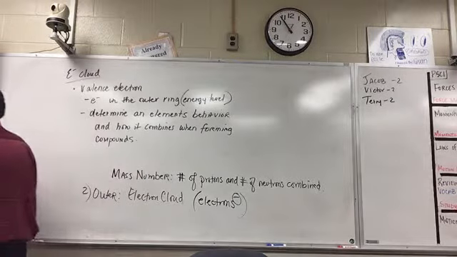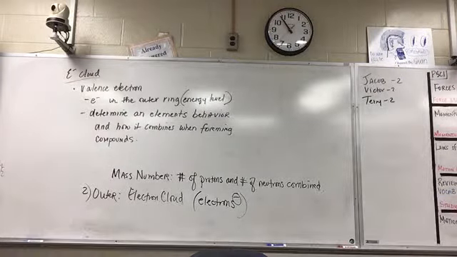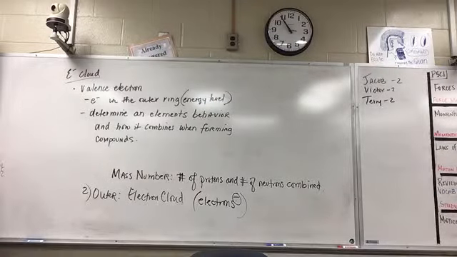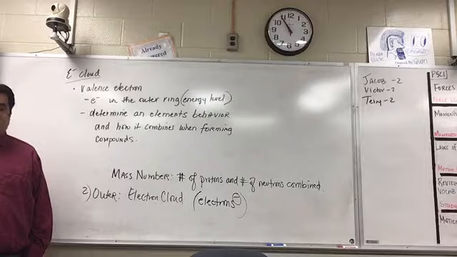All right, because at some point, in test 4, we get into writing compounds. And so sometimes you're going to have to know, if I take this element, who can this element combine with? Well, it depends on what kind of compound you're trying to form. Are you trying to form a molecule? Are you trying to form a salt? Or are you trying to form what? Well, again, based on the valence electrons,